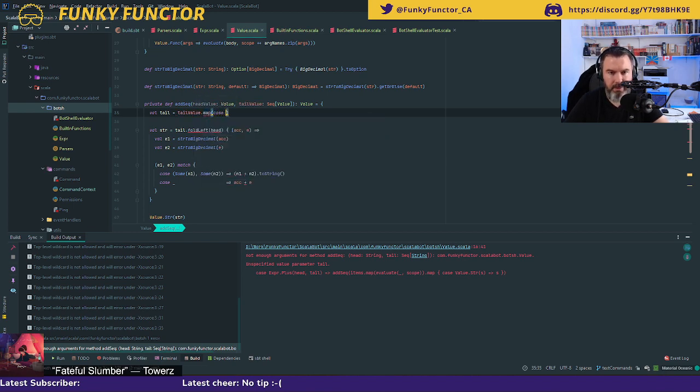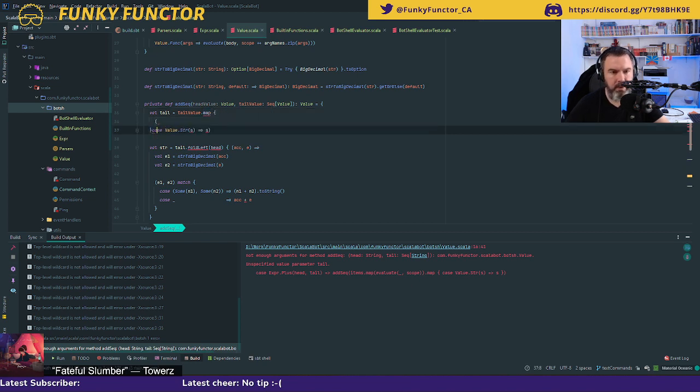So in case it is a value dot string, if that contains a string, what I'm doing is just returning this s. Oh, is it not? Oh, maybe I need to use curly braces.